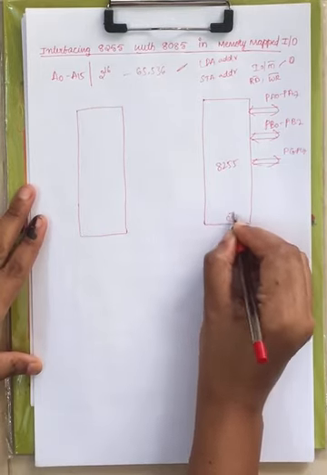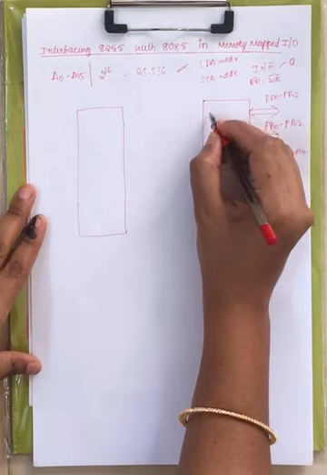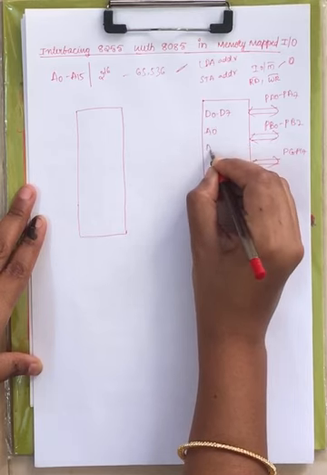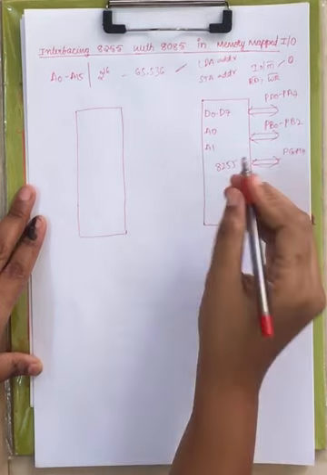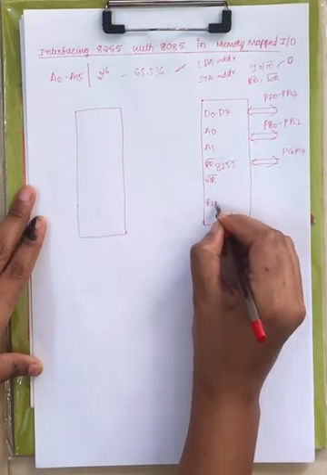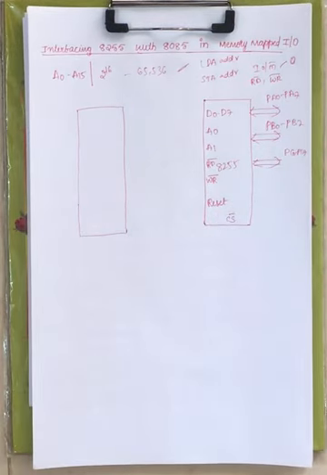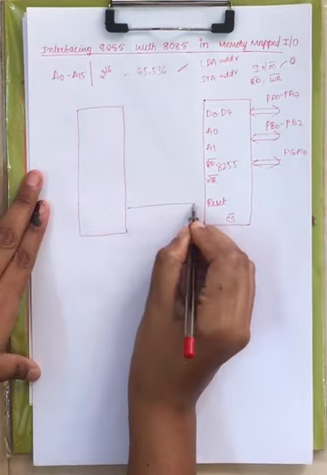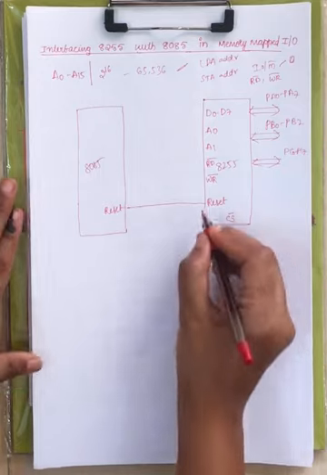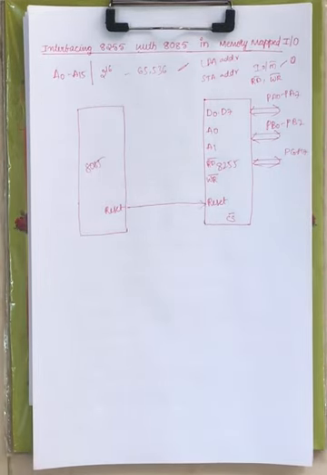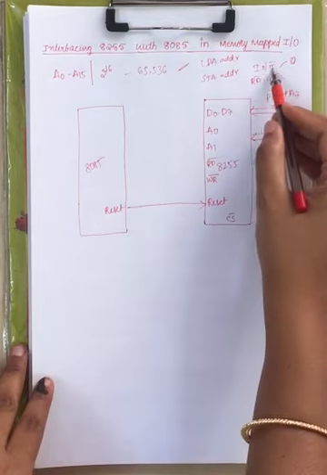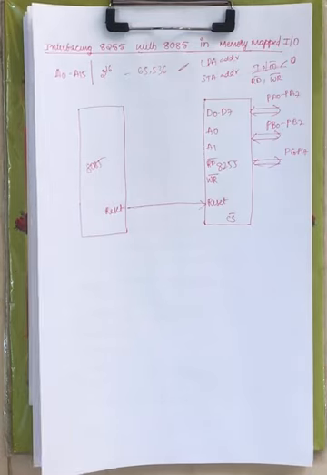Now here you have the chip selection pin, right? And here you have the data bus buffer, that is D0 to D7, and next you have A0, A1 address lines of 8255. Now after this you have the read signal, after this you have the write signal, next you have reset, right? First I have represented the 8255 pin diagram. Now the reset pin of 8085 is connected to the reset pin of 8255. Everything is same, only the difference is in the interfacing part: the address lines are different, and this particular IO slash memory bar signal is different, right?